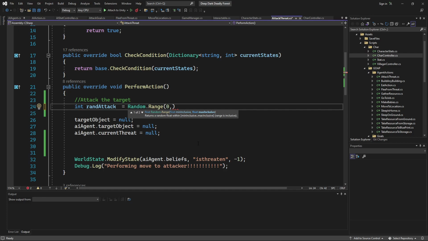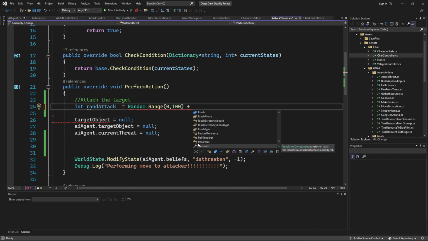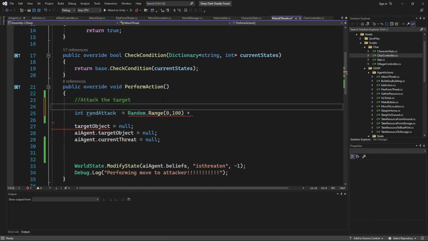Alright, let me just think how we want to do this. I guess the question is, do we want to have auto hit or missing and things like that? There's a chance that it can miss. Let's see how do we want to do it? We could do 100, right? So random, and then we add the. I think before we do that, we're going to say